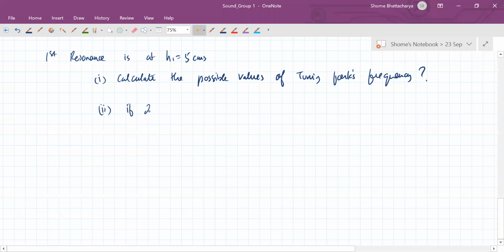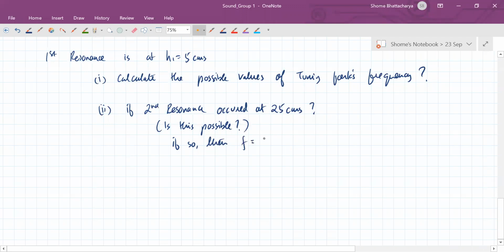Suppose the second resonance occurred at 25 centimeters. Okay. First of all, is this possible? And if so, then the frequency of the tuning fork, the number of resonances, and third, that if